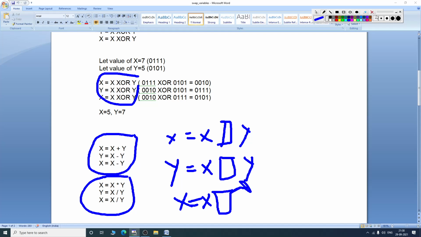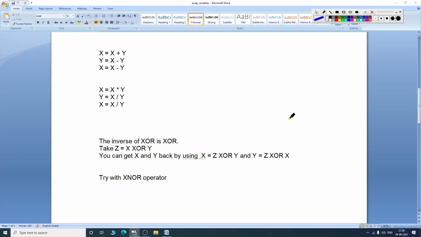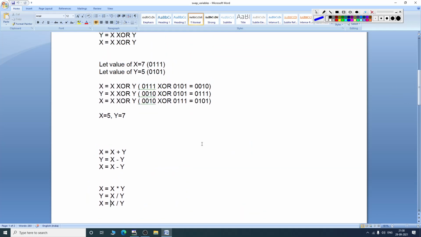So now these three really look equal, right? These three really look equal, because we are doing the same thing, x some operation with y. So now do you see the similarity? I'm explaining what the similarity is.